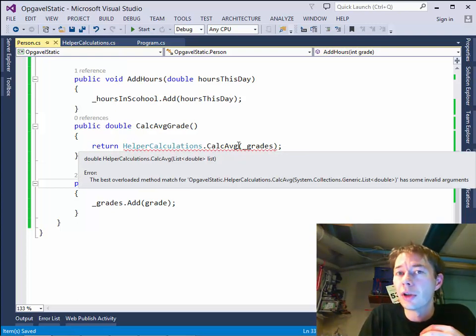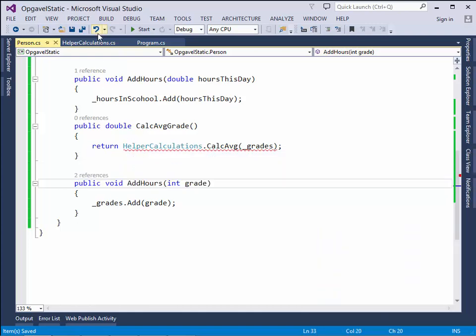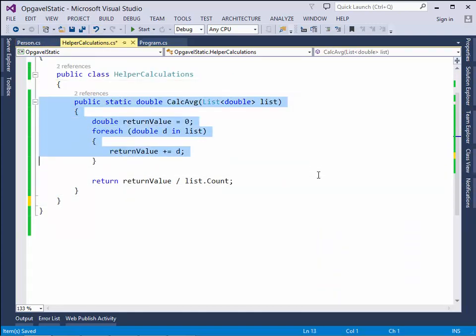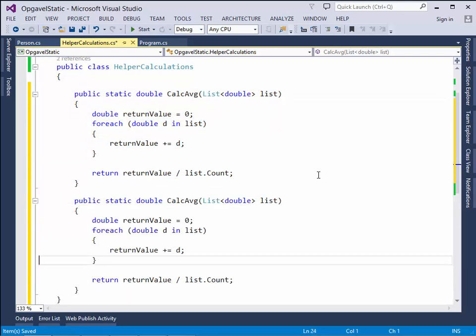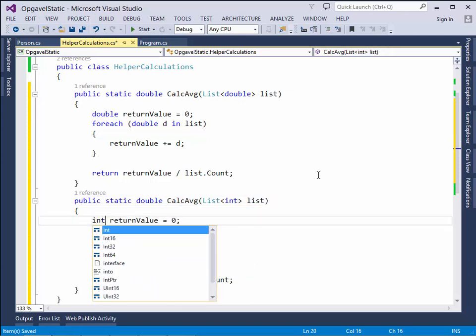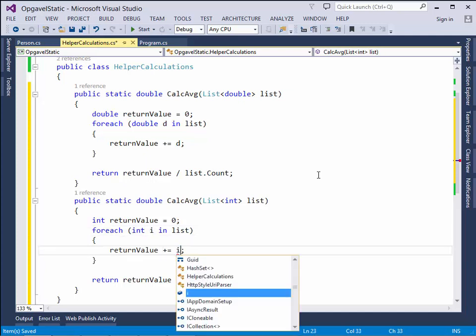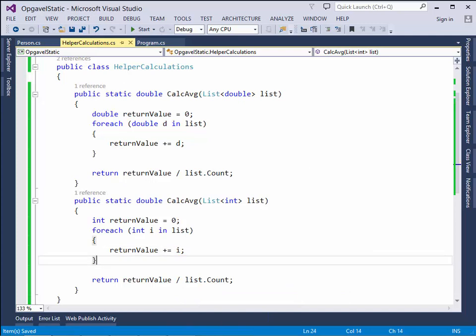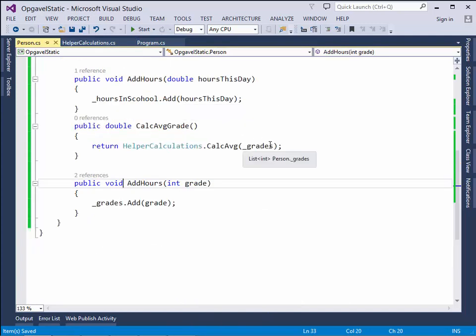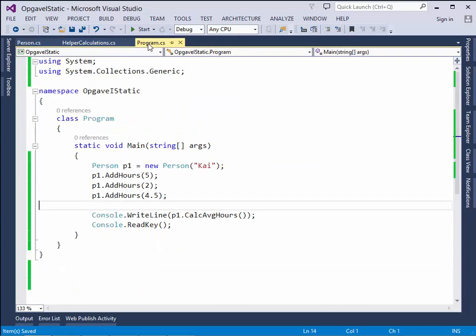Of course it won't take a list of doubles, so we have to make a new one that takes a list of integers. Like that, and now we don't have a problem.